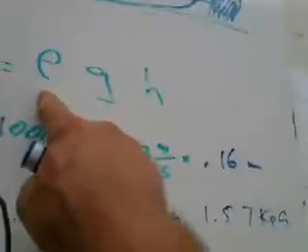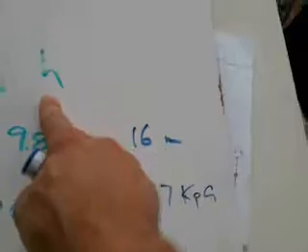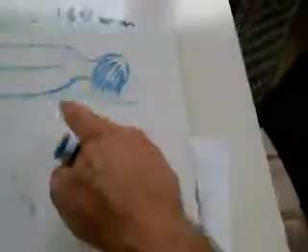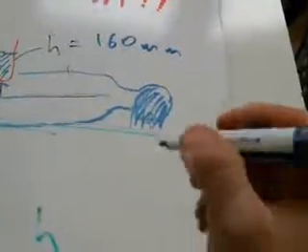The density of mercury is 13 times as dense as water. Since that density is 13 times the number, the height will only be about 1/13 the height there. So if you divide that by the density, you'll end up getting the number you're looking for. But anyway, there's that. Now, what does it mean if the doctor